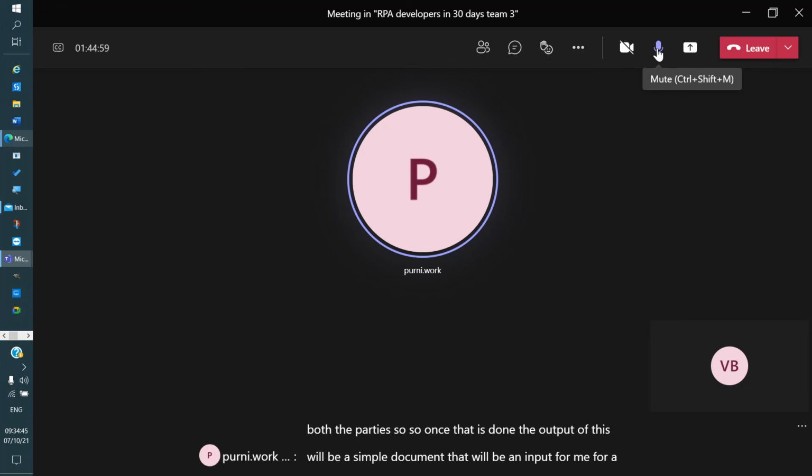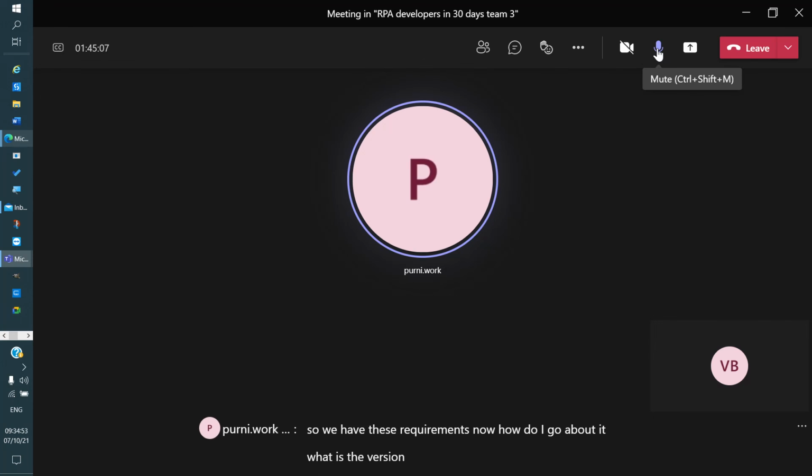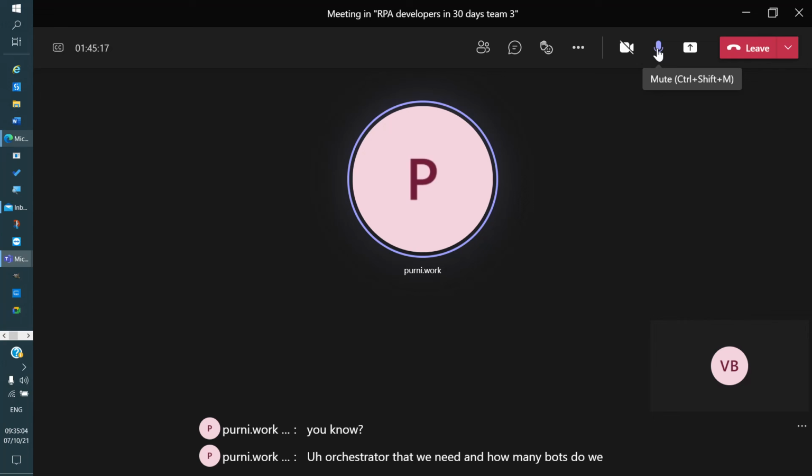So here is where I decide, okay, so we have these requirements. Now, how do I go about it? What is the version? What are the things that we need? What is the version of UiPath Studio, what is the orchestrator that we need, and how many bots do we need, do we have enough licenses, and how do we go about any other configurations that are required, and third-party integration tools.